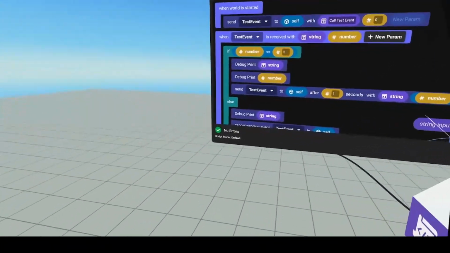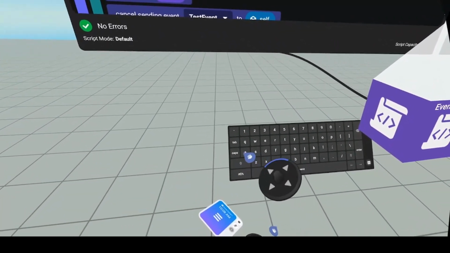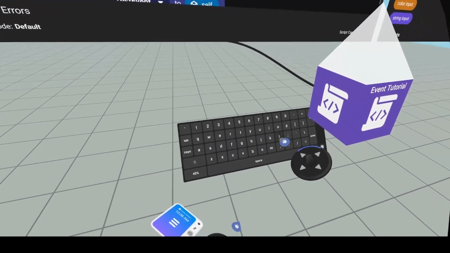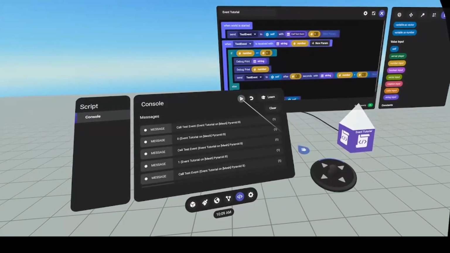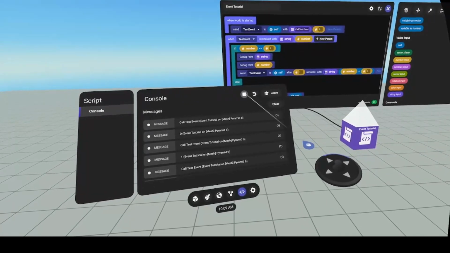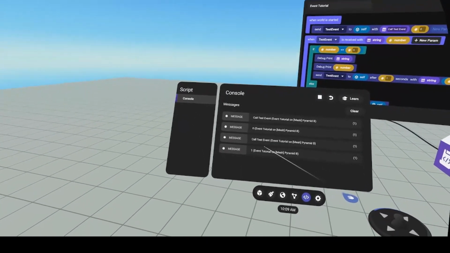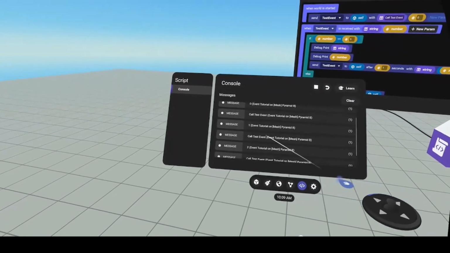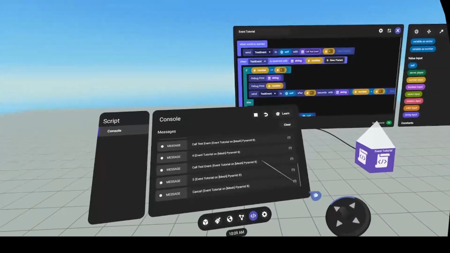Find the string input, and we're just going to say cancel. So now when we stop it, clear it, run it, we have 0, 1, 2, 3, 4, 5, and then our cancel runs and our